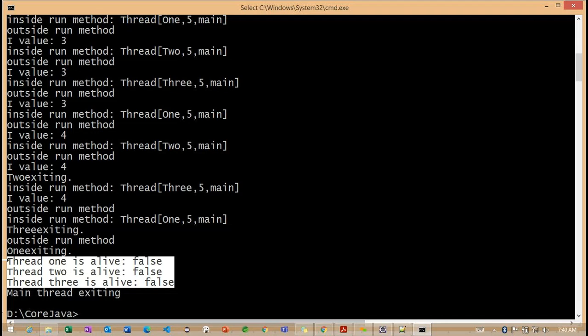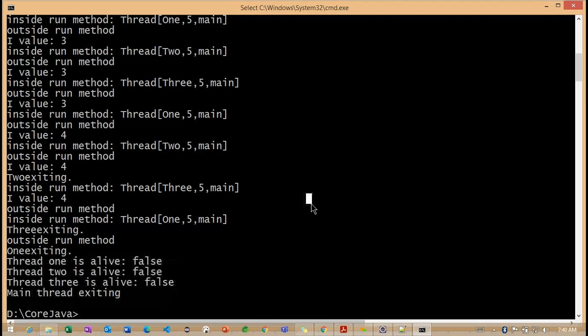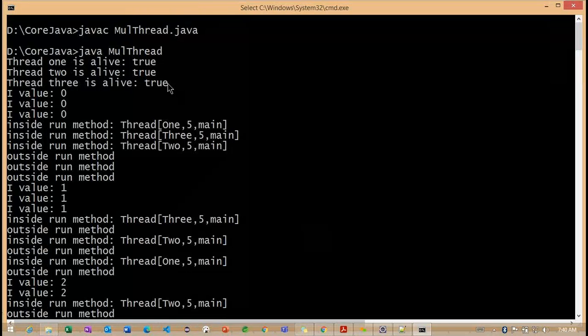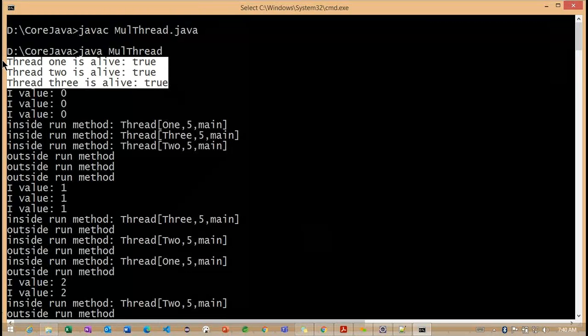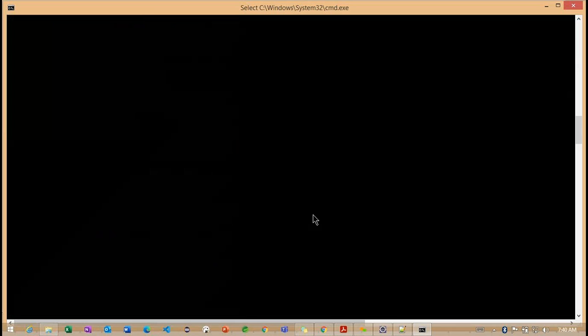We need to understand very carefully. This particular isAlive method is returning false here. Previously, the isAlive method returned true whenever we called it the first time. But the last time we are calling it, the method is returning false.